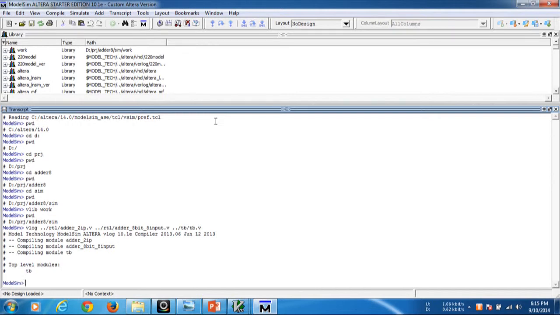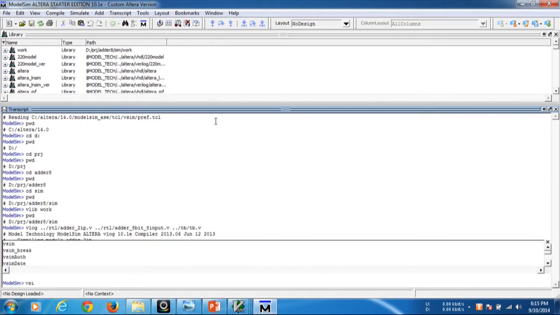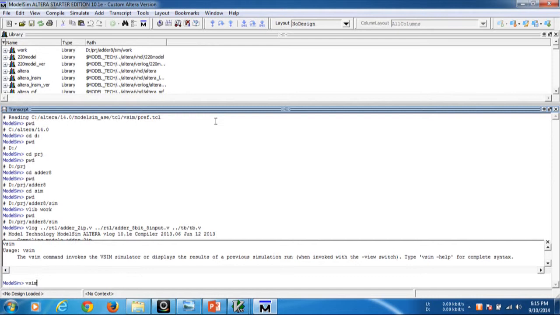Now our work is to simulate. For simulation, vsim is the keyword. The vsim command is used for simulation.